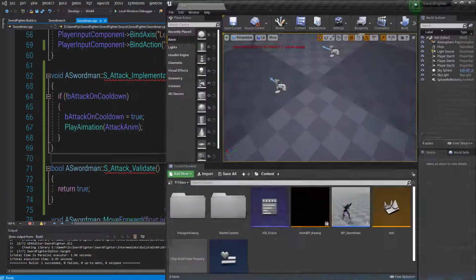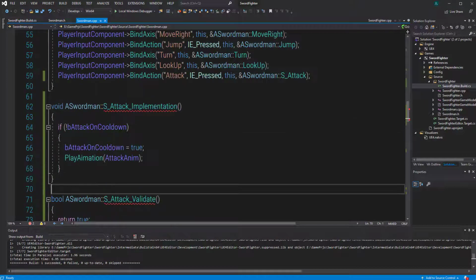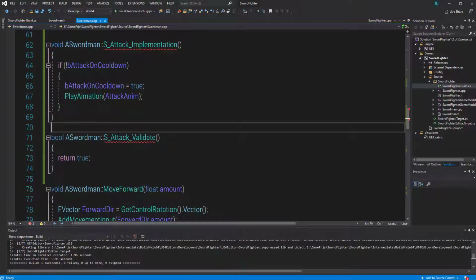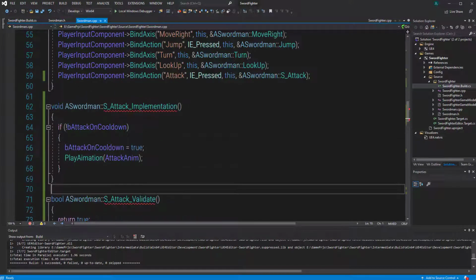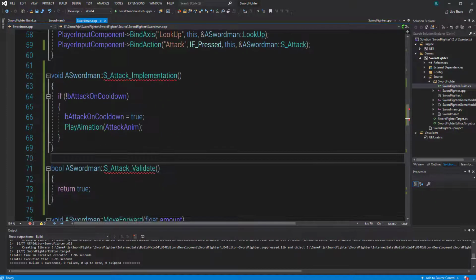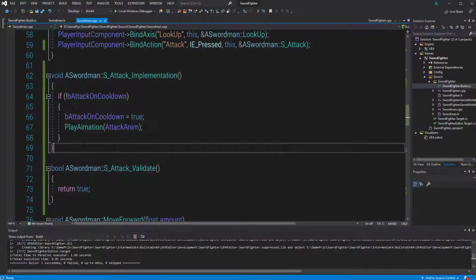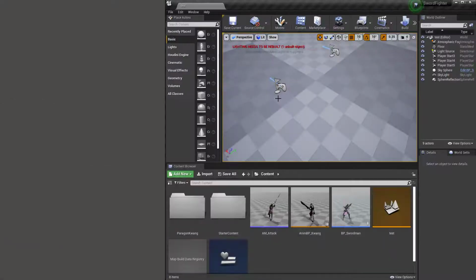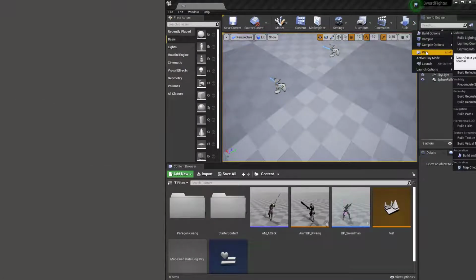So yeah, you have to basically implement those two functions, s_attack implementation and s_attack validate. Those two functions. Be aware that this is Boolean. And you don't have to implement the actual s_attack. Just those two. And Unreal will work its magic with this Unreal header tool to make it work. So now if I go ahead and play,